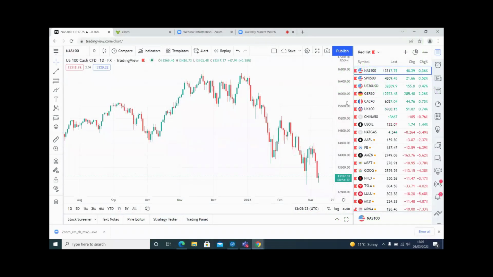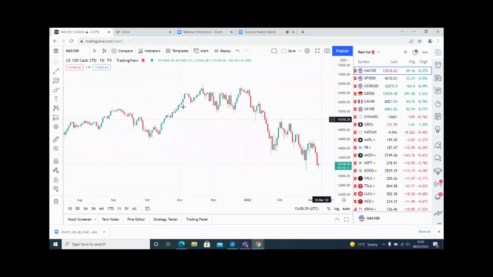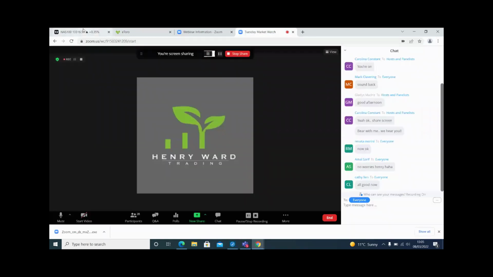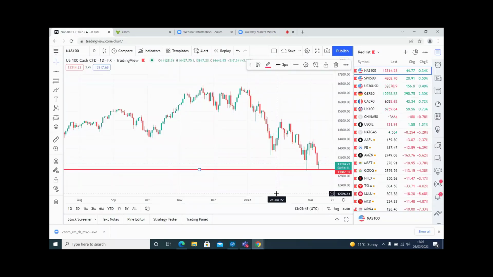We'll have a look at the Nasdaq. If you can't see my screen, pop it in the chat group there, but everyone should see the Nasdaq now. Right, so we're on the Nasdaq here. Now we took a couple of trades short on this as it was coming down. And I think this one, we had a short on this one. If you'd have taken it, depending on when you took it, you would have been triggered out, and then it would have gone on and actually hit the take profit, the full take profit here.